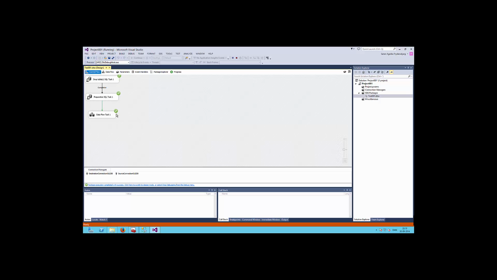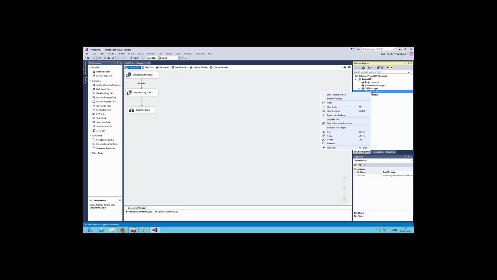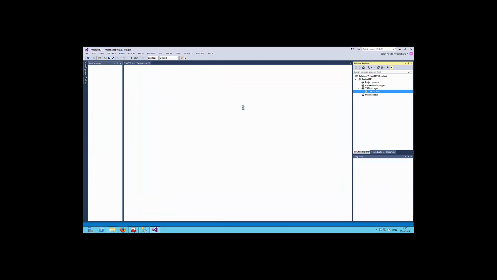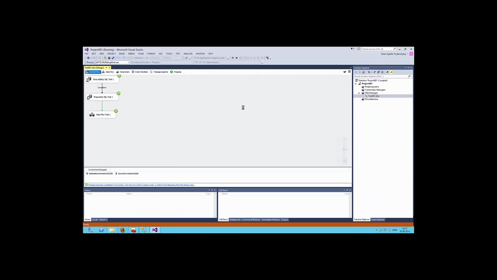Now the data tools are in debug mode, and to get back where you can develop the package, you can click here, or you can click stop, or you can go up in the menu and stop debugging, or you can press Shift F5. I just stop. And I want to test again if my package is running, so I execute again. And it's still working. Actually, what I have done now is I've created my first SSIS package, and now I have imported it into data tools, and now I can continue to work with it.